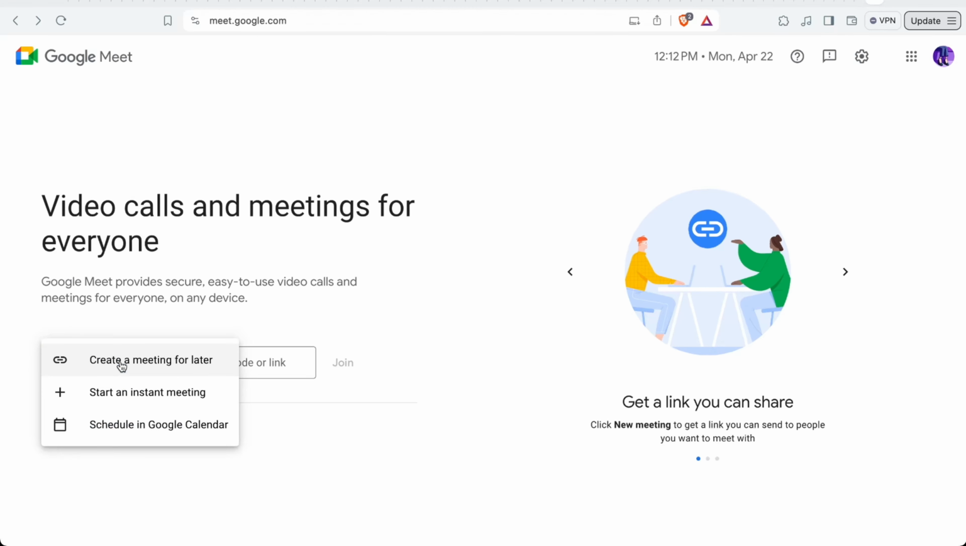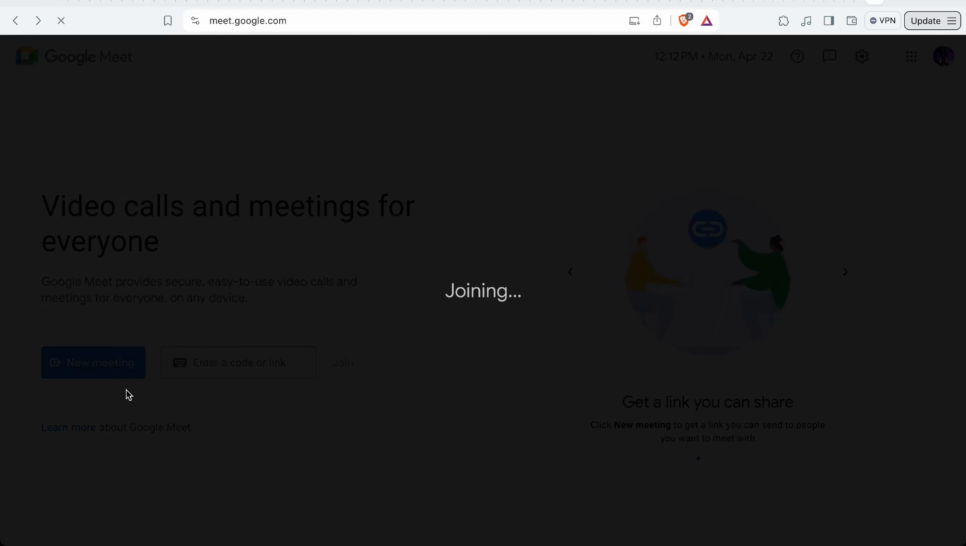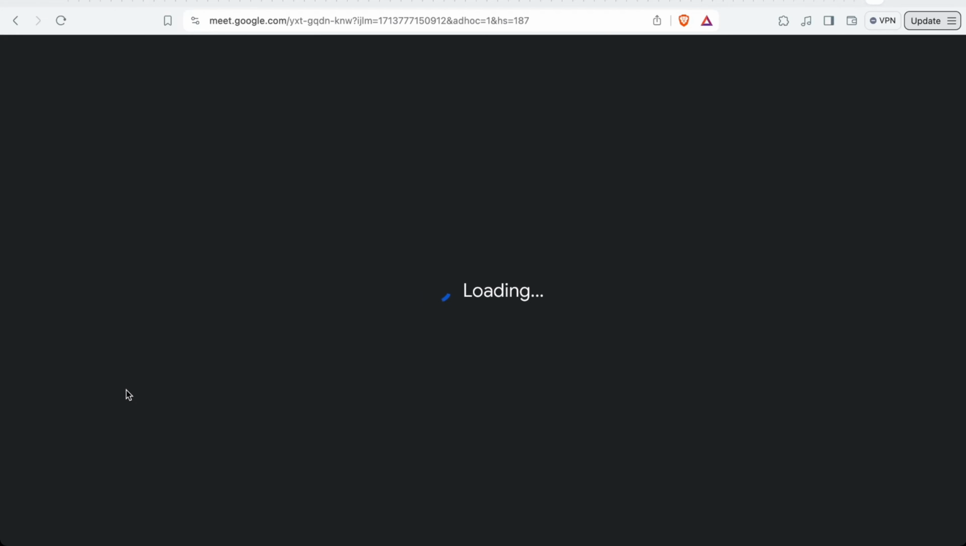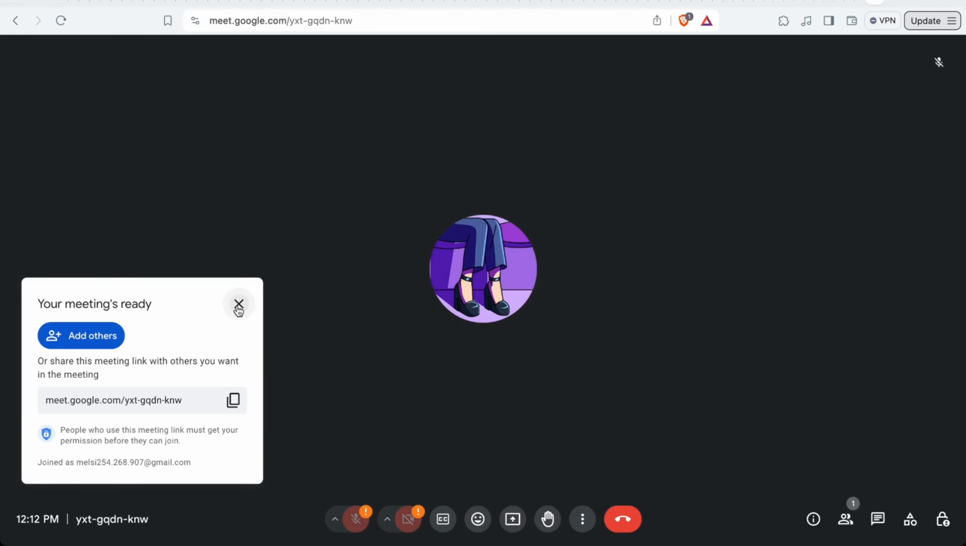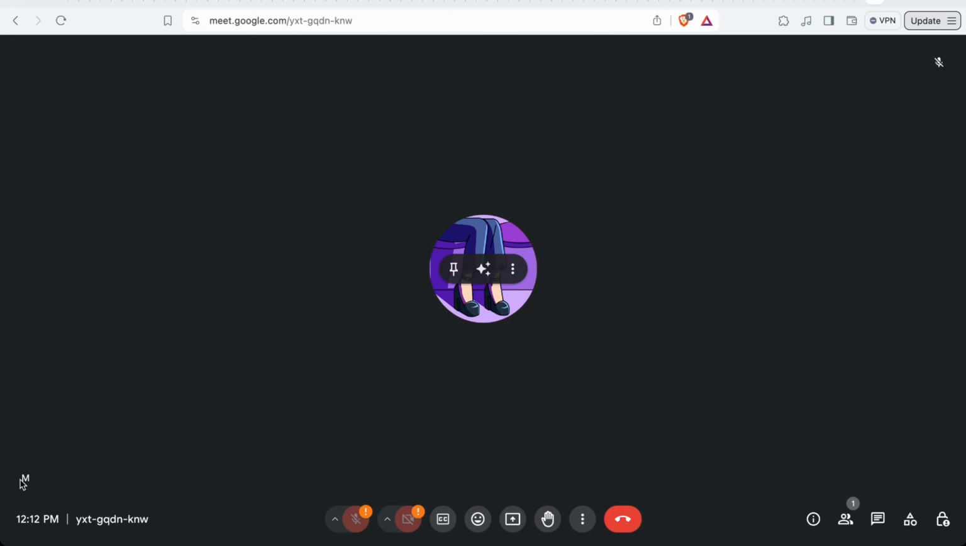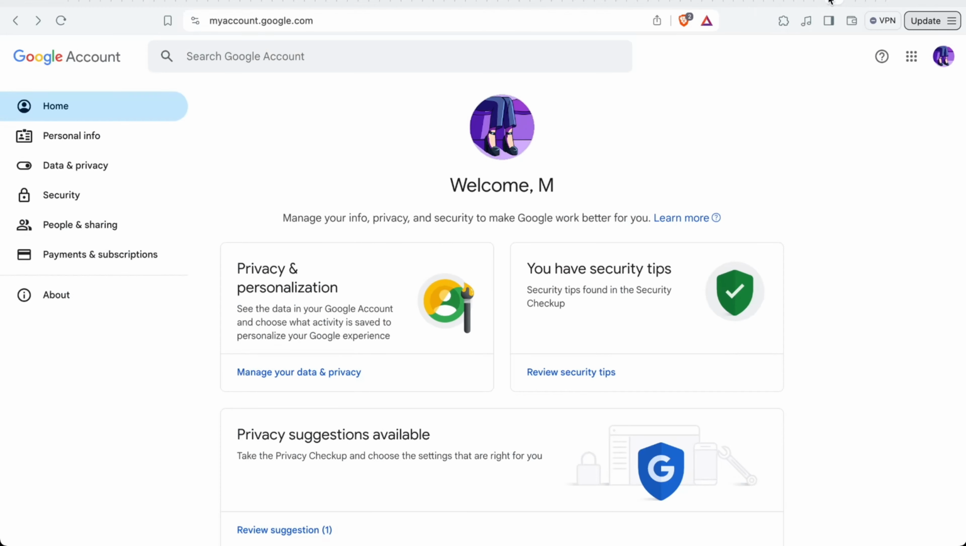So we are going to click on the new meeting to start the meeting instantly. You're going to check on the left-hand side of your device, and you're going to see your name. So now the next thing that you're supposed to do is open another browser, and here you're going to